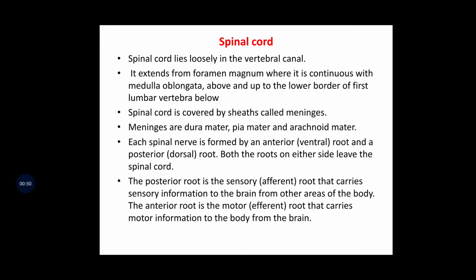So, just like the brain, the spinal cord is also protected by 3 layers of tissues called meninges. It extends from the foramen magnum, and it is covered by a sheath called meninges. The meninges has layers: the dura mater, which is the outermost layer of the spinal cord tissue, forming a tough protective coating. The space between the dura mater and the surrounding bone of the vertebra is called the epidural space. The epidural space is filled with adipose tissue and contains a very good network of blood